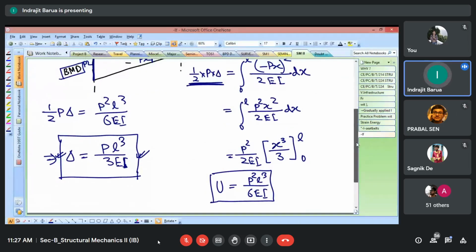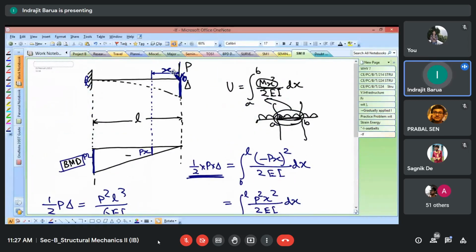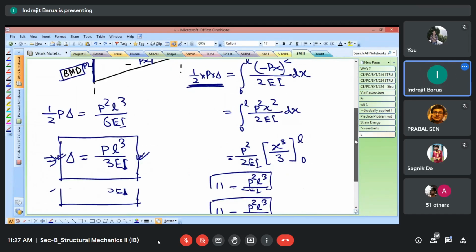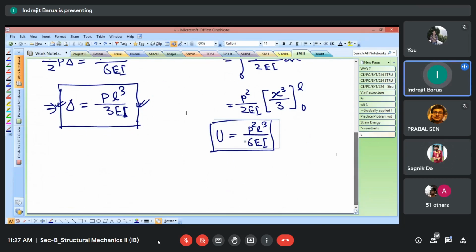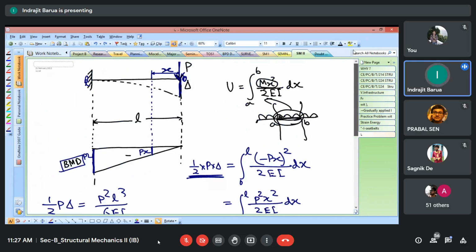Here the purpose is to get the strain energy and the P-delta relationship. Here there is P, so we are interested to know in this point only how much my deflection is. So here the purpose is different. Within strain energy, we can serve some of our own purposes, like remembering one general equation for the maximum displacement. That is what we are doing.